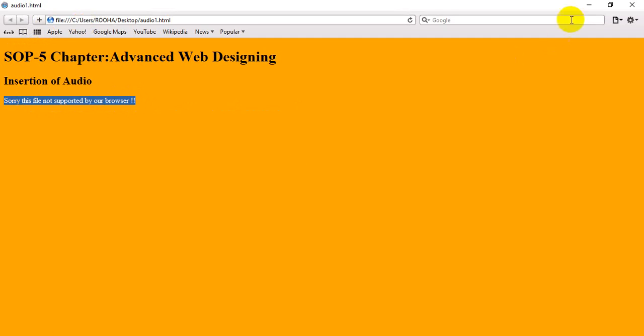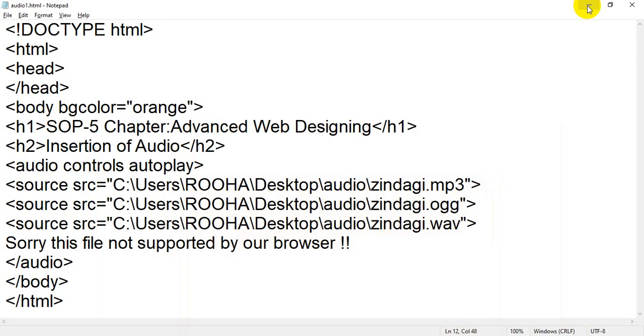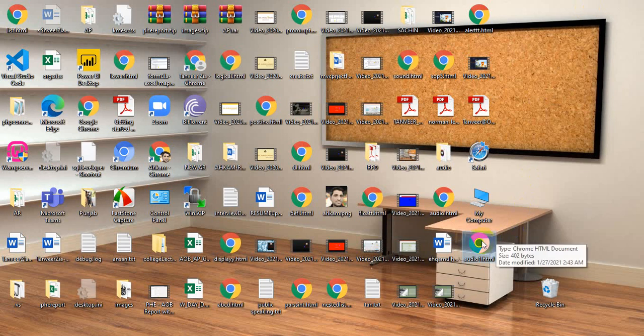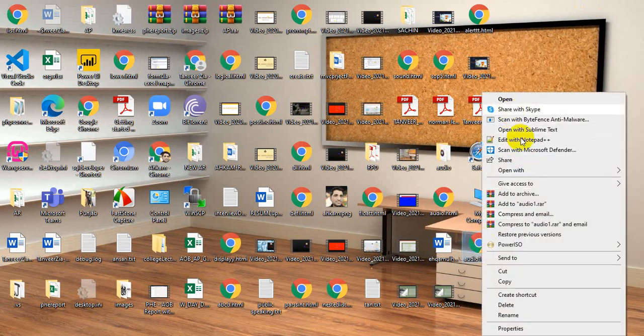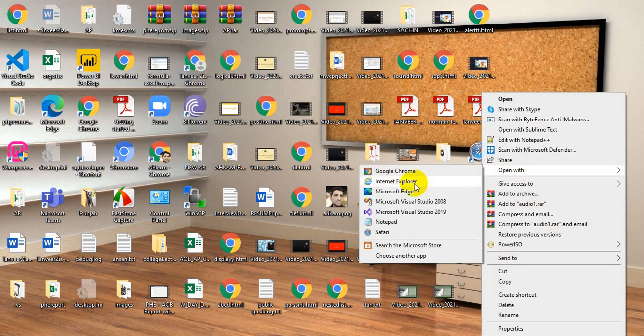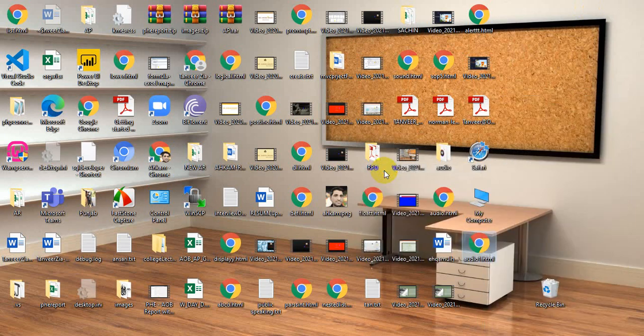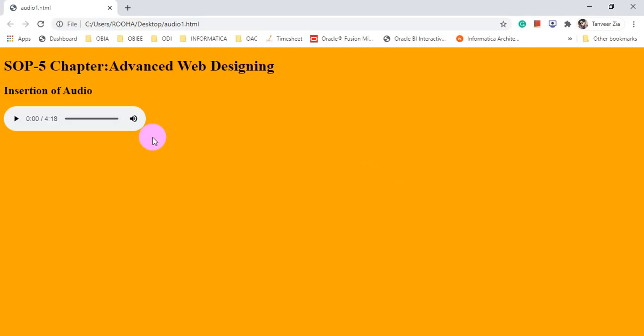But the same audio1.html file, when you run it in another browser like Microsoft Edge or Google Chrome, let me open Google Chrome. Now the file is working, it is running, but you will not get the message.